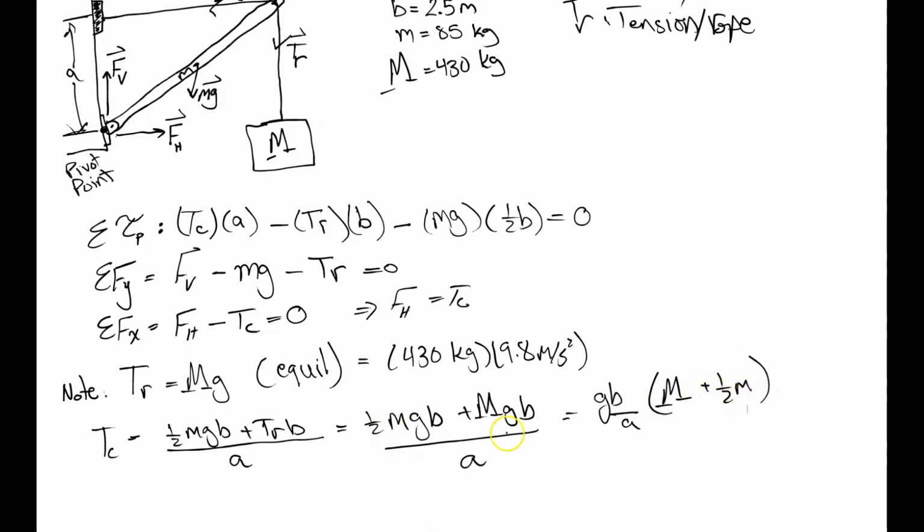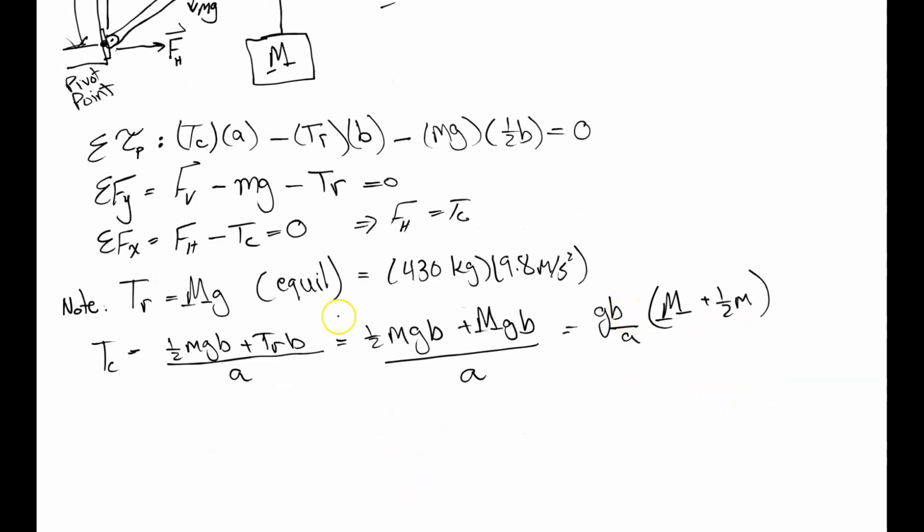All of these values we know, so we can find out that T sub C equals 9.8 meters